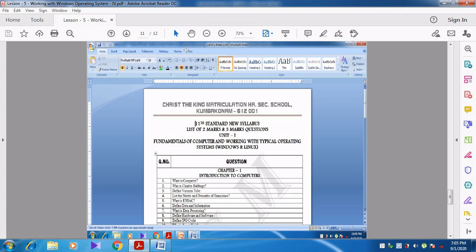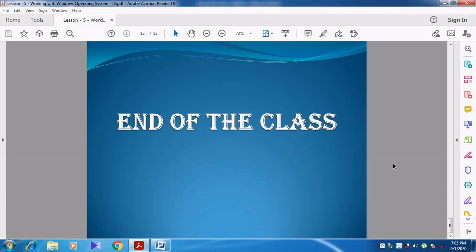The other things are the title bar, menu bar, and the minimize, maximize and close buttons. All those things are there. But in the center area, the white area, is used to display the contents of the window, right? Can you understand, students? So what is meant by window, what is meant by application window, and what is meant by document window? I think you might have understood this. So let's end the class. Thank you, students.